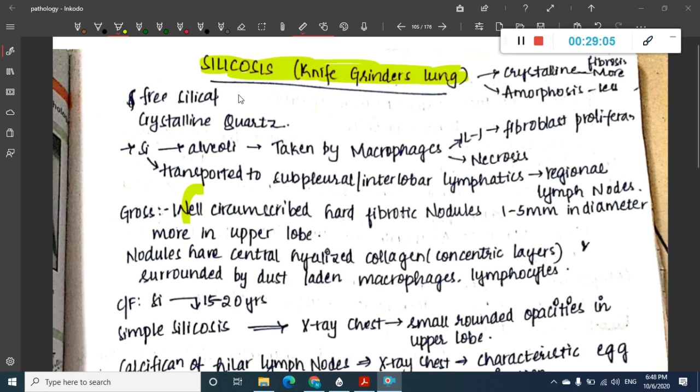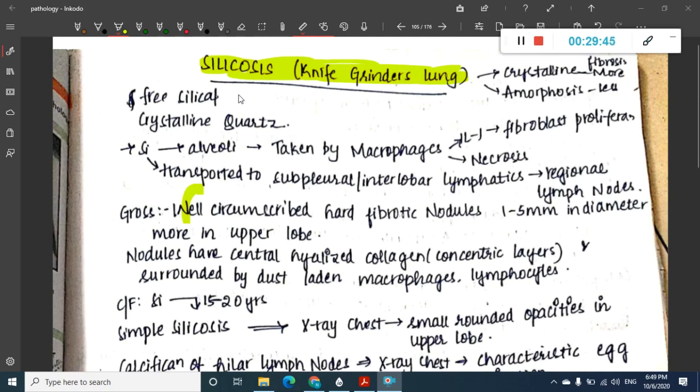Now what actually happens here? I have already told you, this silica, which is a mineral, right? This silica is present in many industries. All the computer industries and all the automobile industries use silica particles. So in all those industries where silica is used, the silica escapes out due to high machinery processes, and due to any process, these silica particles are seen in the air. So whenever the person inhales this silica containing air, then this silica